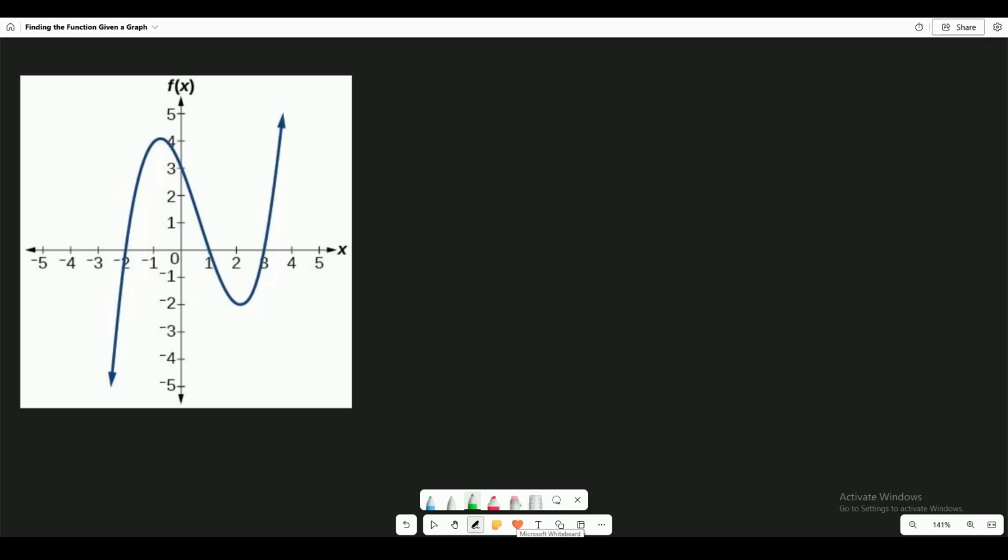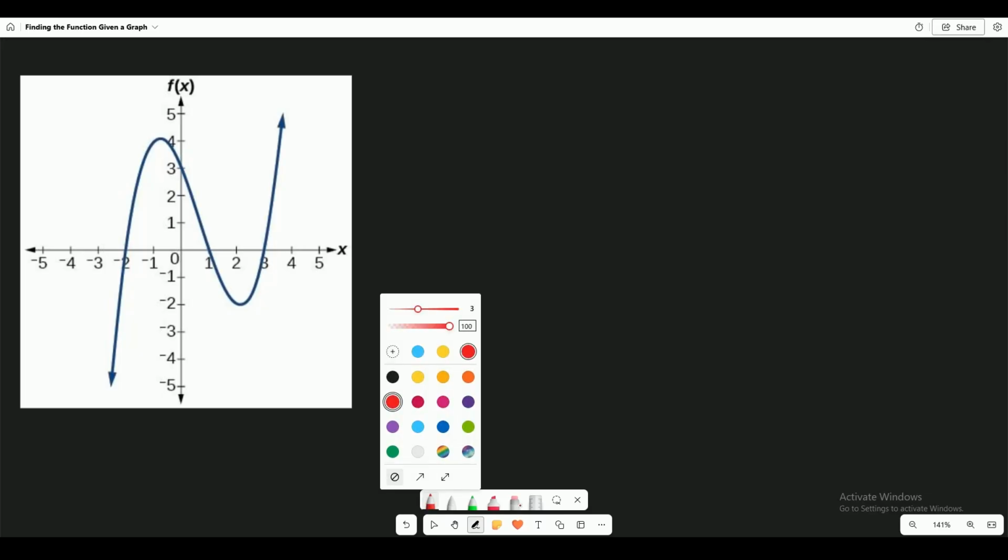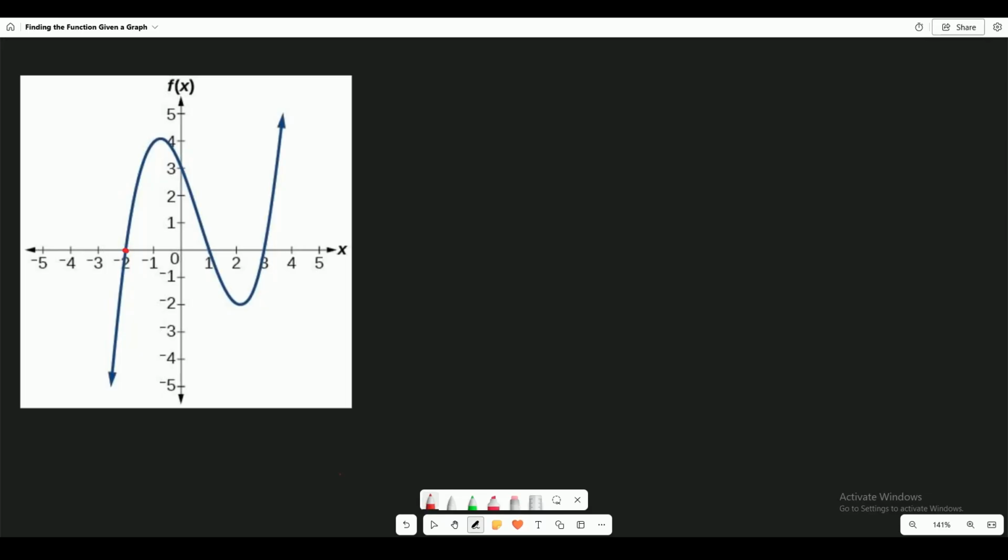So first things first, in order to do these problems, we have to identify the x-intercepts. So here I am, I'm going to put them in red so that they're nice and visible. We have one at -2, we have one at 1, and we have one at 3. So those are our x-intercepts. So I'm going to say that f of x,